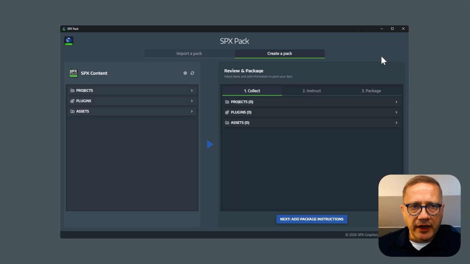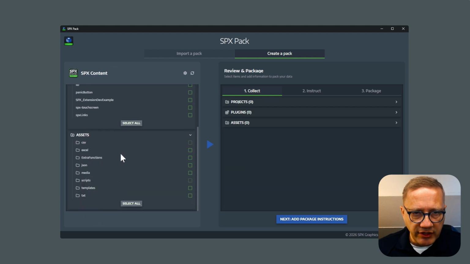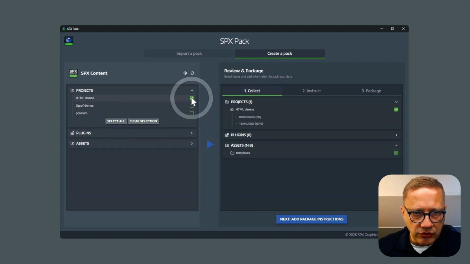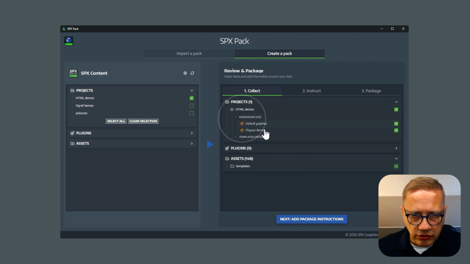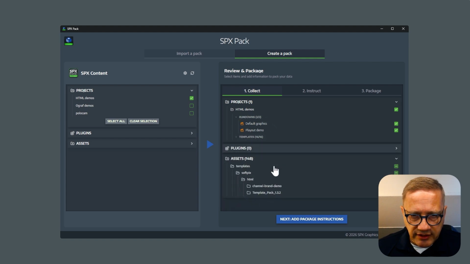You can launch SPX Pack and choose the Create a Pack mode. And here on the left side, you can see the content of your SPX installation. You can navigate through projects, plugins, and all the assets that you have in the system. And when you choose a project, like let's take this HTML demos, we can see on this side, review and package, that we have 2 rundowns. We have associated templates, listed here, and also listed in our templates structure, so we can see that it's going to have these template packs installed, which is going to contain these files,